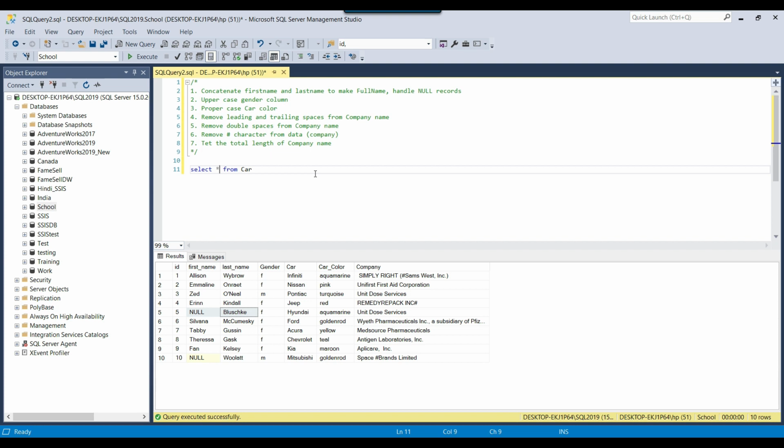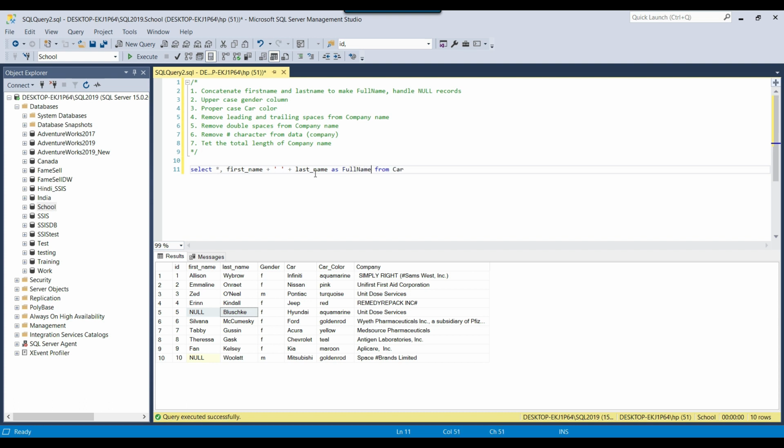So first let's write a query to concatenate the 2 columns. I can write first name plus single quote space single quote plus the second column, last name, and we can call this new column full name.